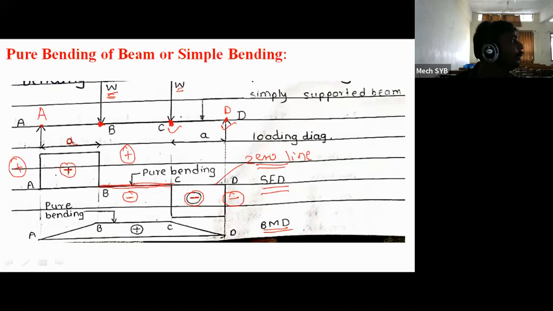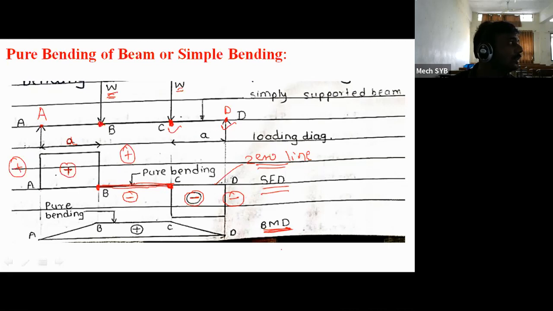Your shear force is equal to 0 because in the portion B to C, there is no SFD at the positive region and at the negative region. Means in the portion B to C, your SF value is equal to 0. But if you observe this particular B to C portion in bending moment diagram, हा एवढा BC portion जर तुम्ही बेंडिंग मोमेंट डायग्राम मध्ये जर ऑब्झर्व केला